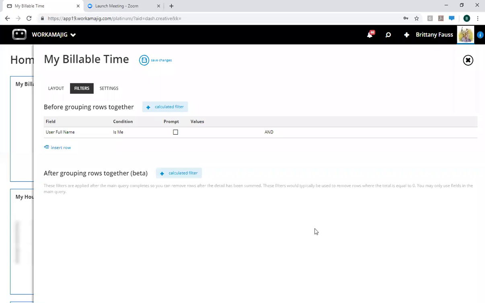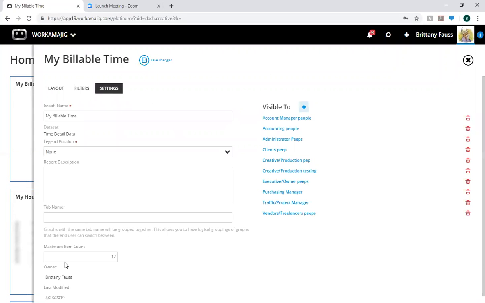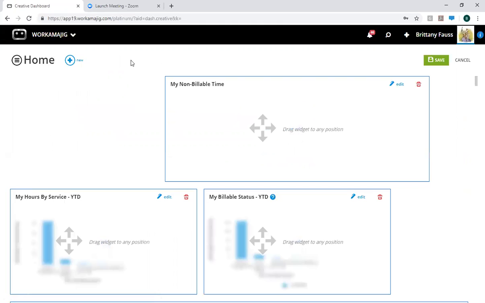Can we set up separate sections within the dashboard? Yes. So that was the option of tab name. So I'll go ahead and create one. We're just going to call it creative. And then I go ahead and save. You're going to notice that my option changed here. And so I have creative, which is the one that I just entered in, or home was the standard reports